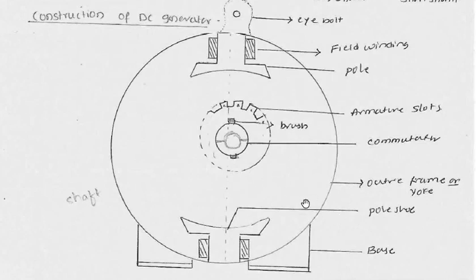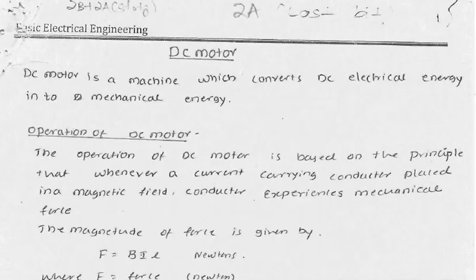In case of a motor, to the terminal we give the DC electrical supply, then the motor will start operating. Okay, this is the construction, which is exactly the same as the DC generator. If construction is asked, whether it is a generator or the motor, it would be the same construction. Now let us go back to the principle of operation.